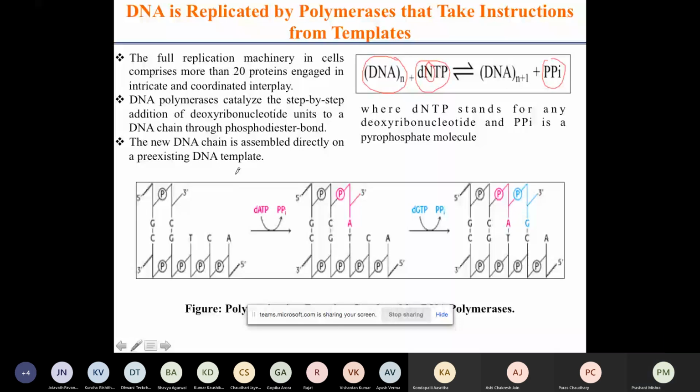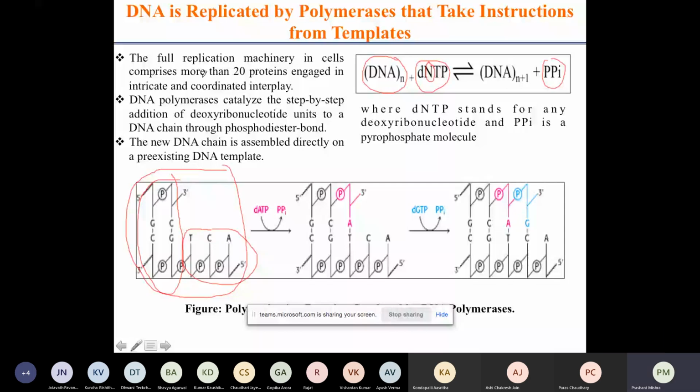So look at this structure, this part. This is the double-stranded DNA. So this acts as a template. So this is already part of the DNA. Now, this structure is the unfolded structure. So you have just one strand. So what happens that